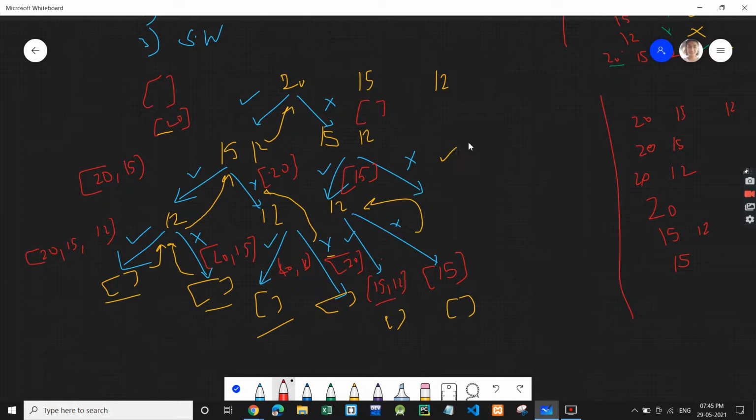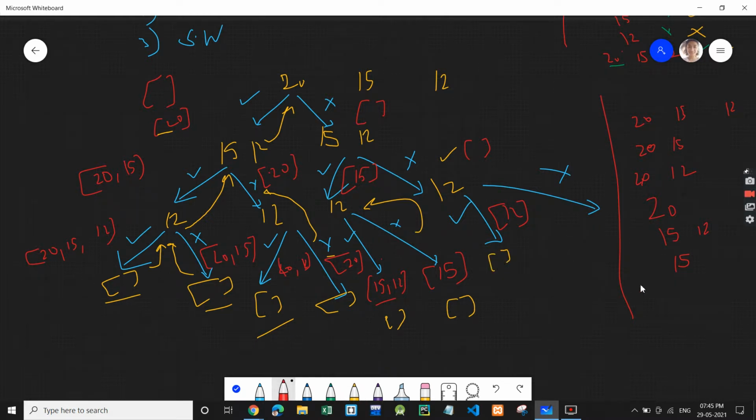We go back and then we explore when we do not take 15. When we do not take 15, there is an empty subset, and in the recursive call we call on 12. So for 12 we again have two possibilities, take 12 or do not take it. If we take 12, the subset, which is empty, will become 12 only, and we hit the base case.